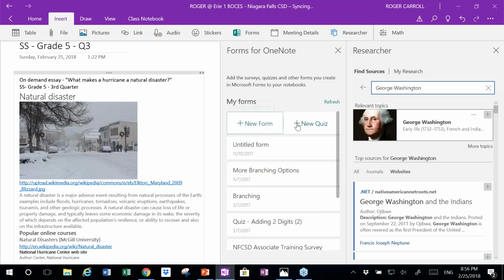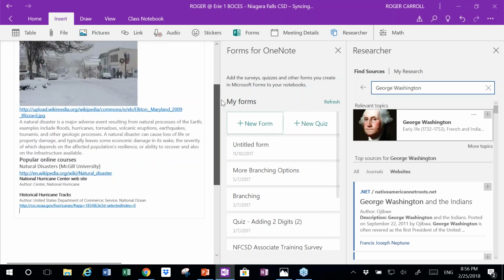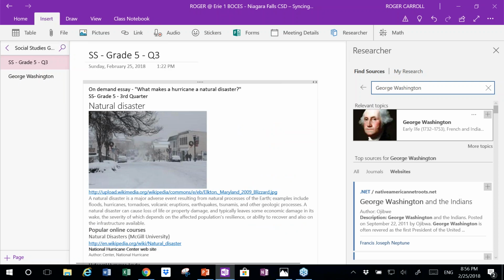So I can create a new quiz, and so on, based on maybe the information that you've pre-populated in this OneNote page. And let's talk about, okay, what are some of the things we want them to look for? Maybe do a pre-quiz on it. What do they already know? And so on. So you can see how all of this is merging,